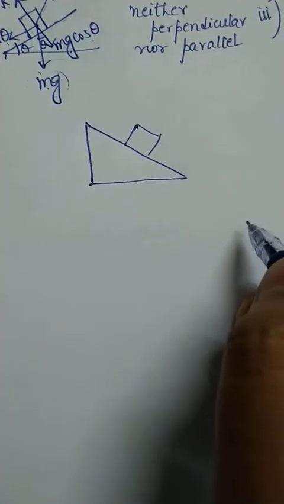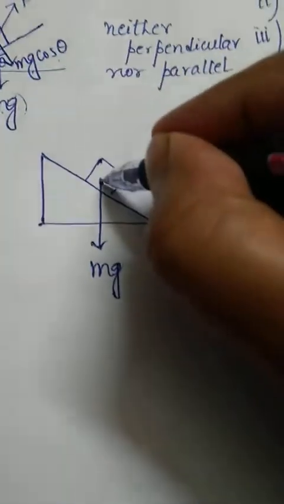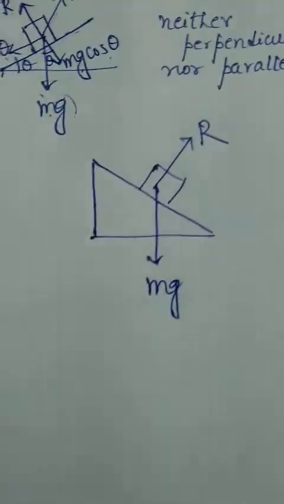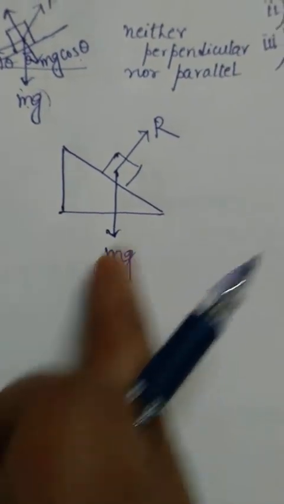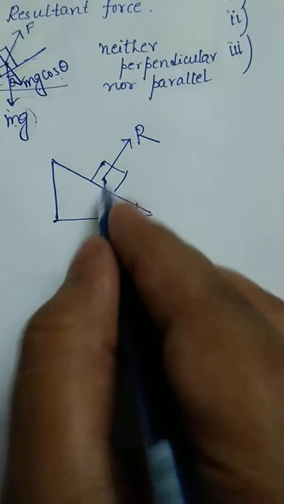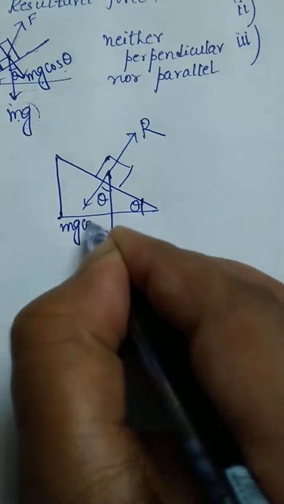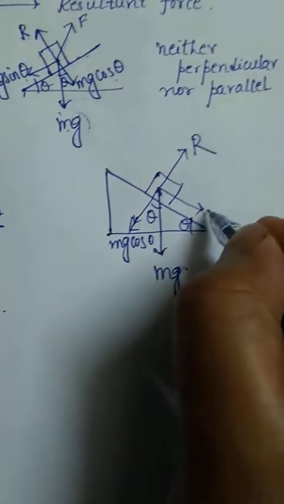Okay, I'm giving you another case. Let's say an object is on this plane. This is protocol number 1, and this is protocol number 2. So without thinking anything, you can just draw these two things. Okay, and if this is theta, then this force is neither parallel nor perpendicular to the plane, so this angle will also be theta. This force is mg cos theta, and another force will act along this direction, that is mg sin theta.